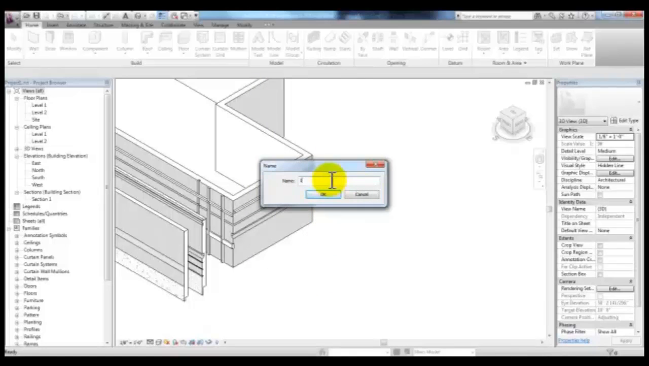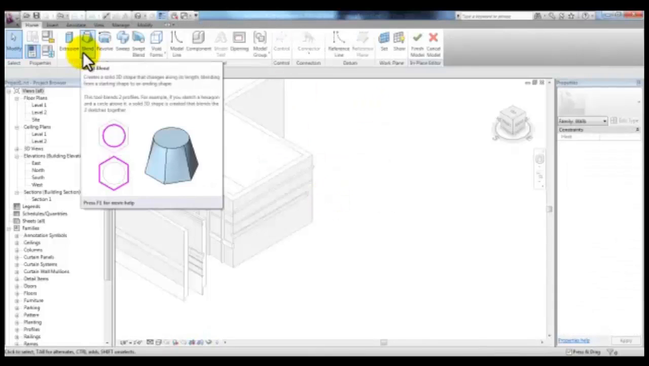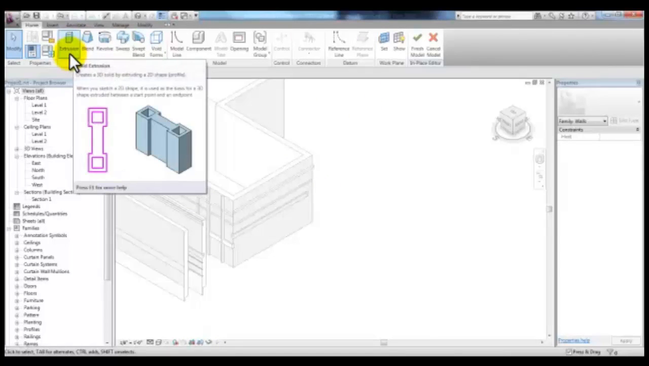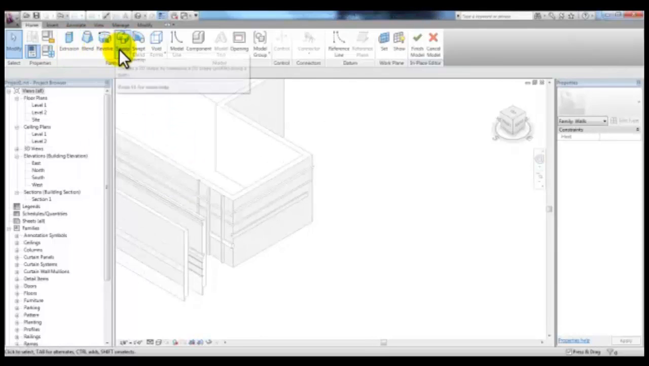And we'll call this in-place wall and then pick OK. Here you'll see some of the same tools that we used when we were creating mass models and using the Create Form tool. So we're going to create a sweep. We can go ahead and select Sweep